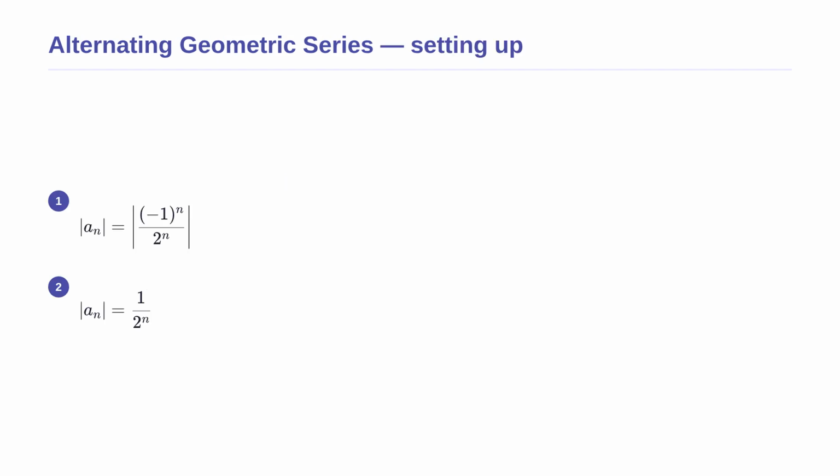Let us work through the steps. We want to determine if this alternating series is absolutely convergent. To test for this, we apply the absolute value operation to the entire general term. The absolute value destroys the negative signs completely. This means the alternating part in the numerator simply becomes a positive one. The denominator is already positive, so it remains unchanged. We are now left with a new simplified term that is always positive, 1 over 2 to the power of n. This term represents the absolute distance of each step in our series.